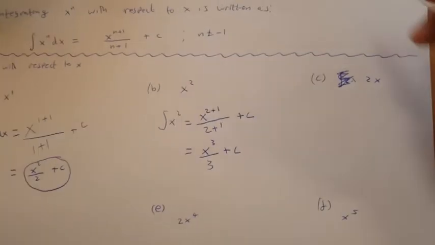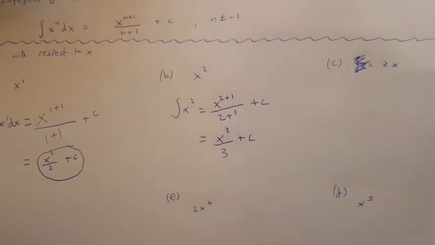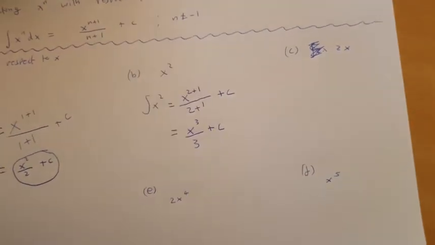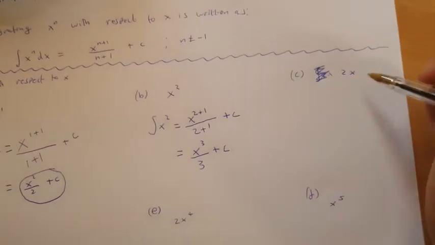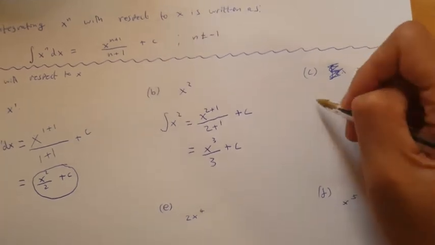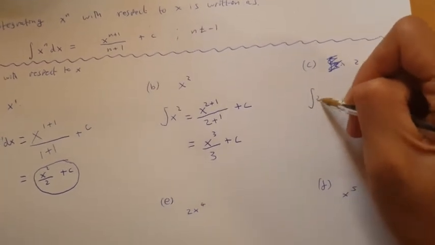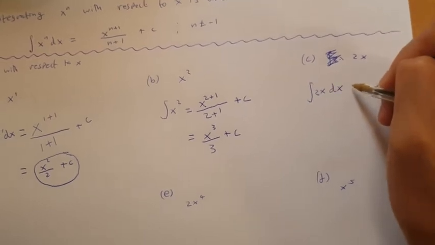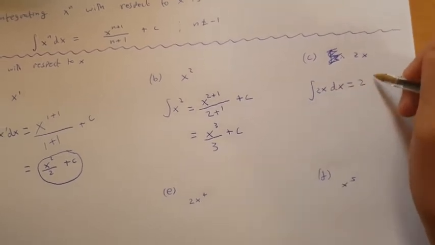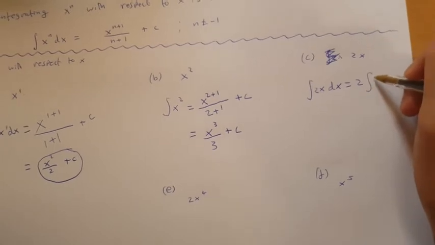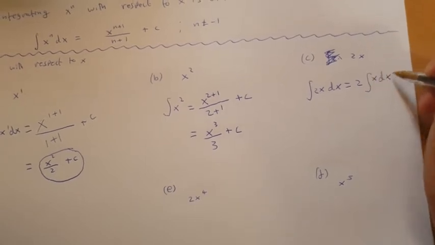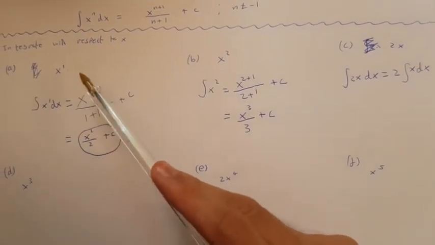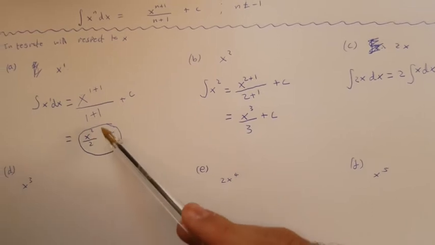Now, let's move on to question C. Now in question C, what we're doing here is, because there's a 2 in front of the x, let's just write it all out first. So we're integrating 2x with respect to x. Now we can just take the 2 out, put it in front of the integral sign, and we already know what our integral of x is. We already worked that out there, x to the 1, which is x, and that is x squared over 2